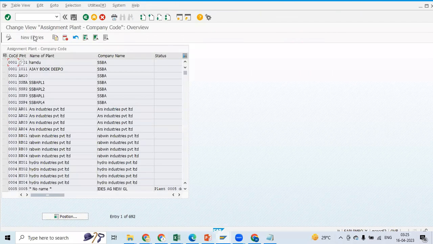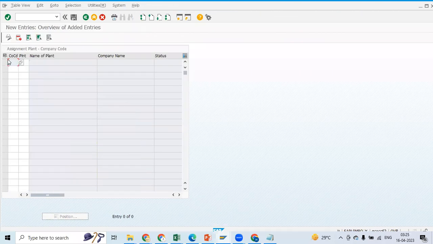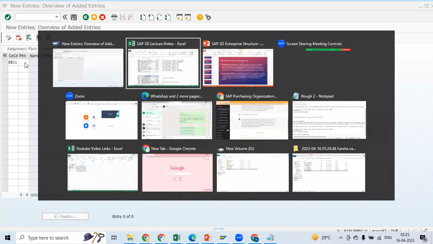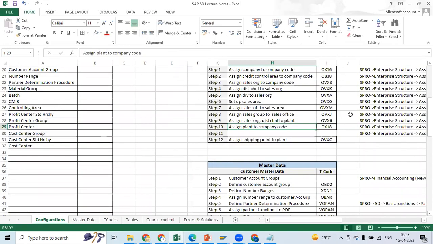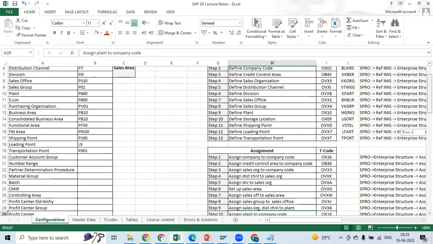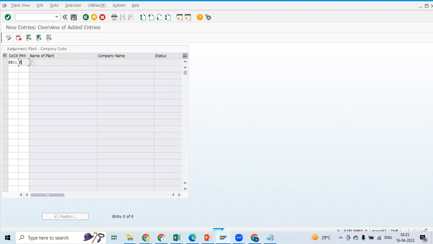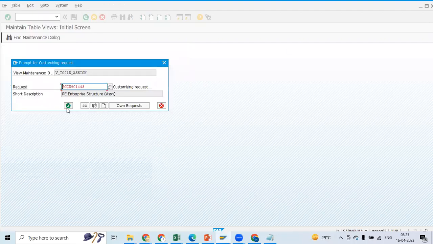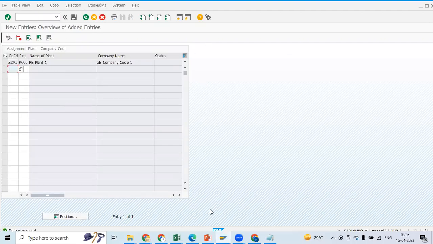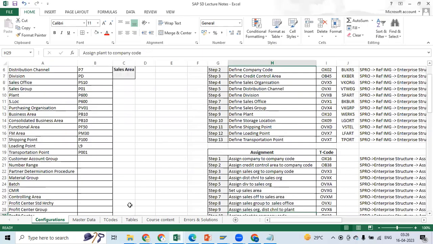Click on execute and then click on new entries. Company code is PE01 and then client is P600. Okay, click on save. You will be able to save it. Done. So next step is to